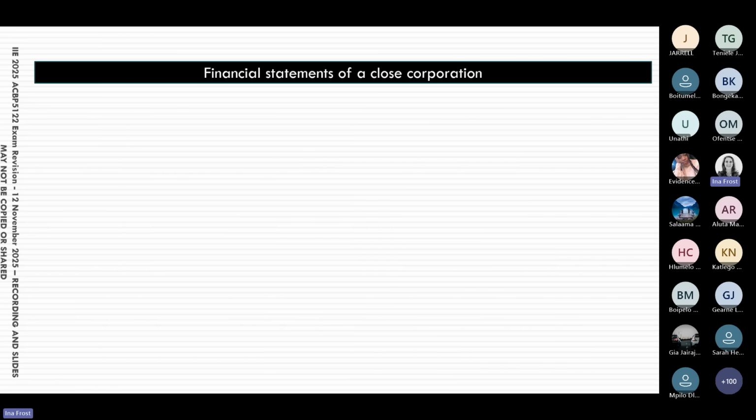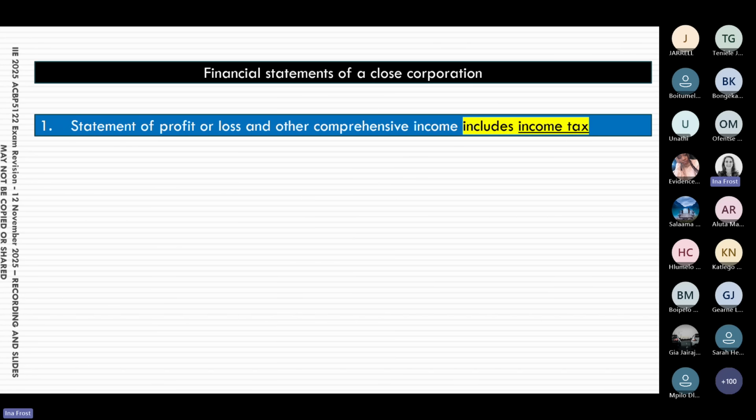Okay, then the last thing we are going to look at now is just the financial statements for the closed corporation. So we've now looked at the changes we're going to make to the partnership. Now let's look at the closed corporation. So here in your statement of profit or loss and other comprehensive income, we're now going to include income tax as one of the expenses. You will now remember we've said a closed corporation is a tax entity in its own right. So it pays tax on the profits made by the business, where with your partnerships and sole traders, the individual owner gets taxed on their share of the profits.